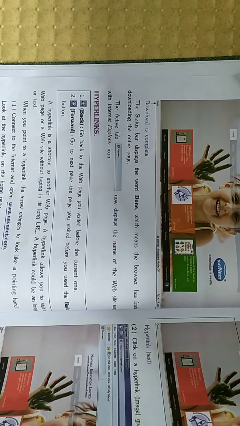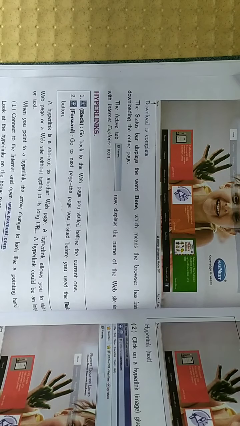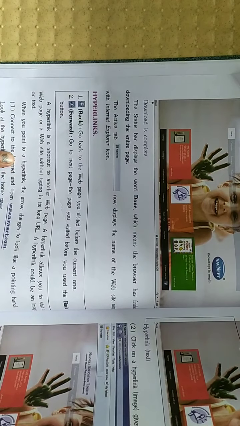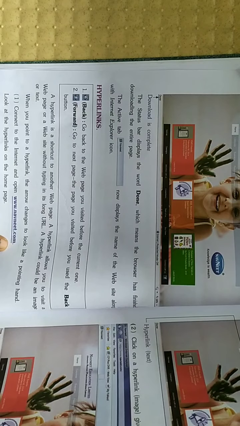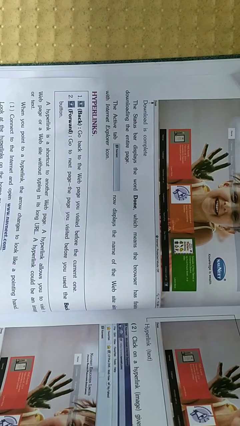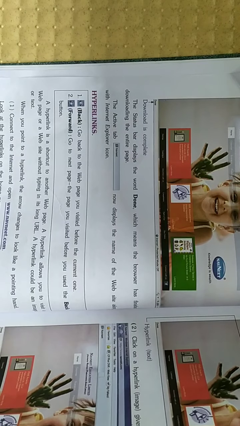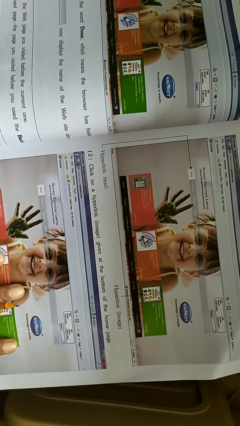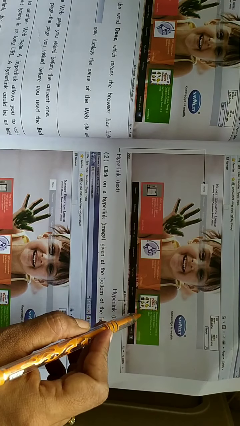A hyperlink could be an image or text. It may be an image or it may be text. When you point to a hyperlink, the arrow changes to look like a pointing hand like this. You can see the pointing hand as a hyperlink. So see this, this is a hyperlink image.